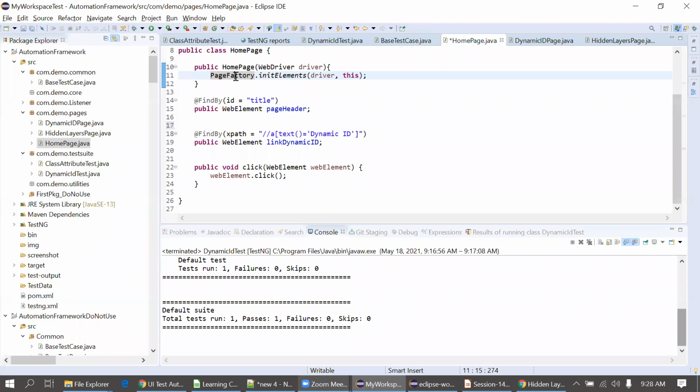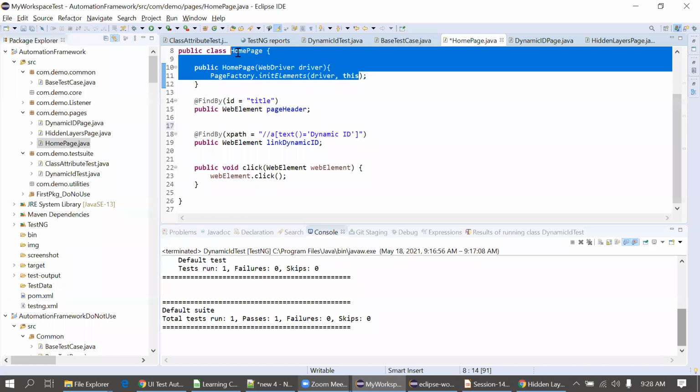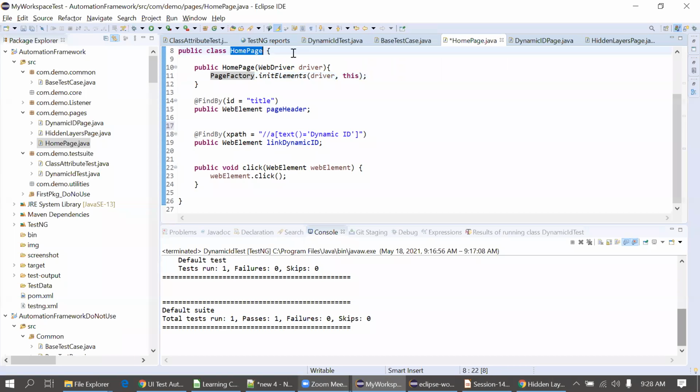So here you pass parameters like driver. From driver it gets the web driver. Then after this we use this. This means this class actually. I will just replace it with the home page as well. That's fine.